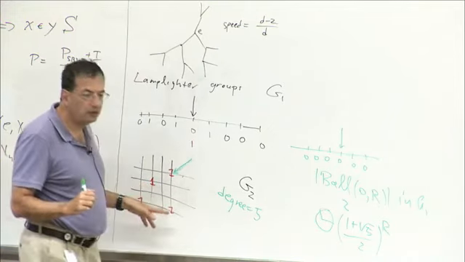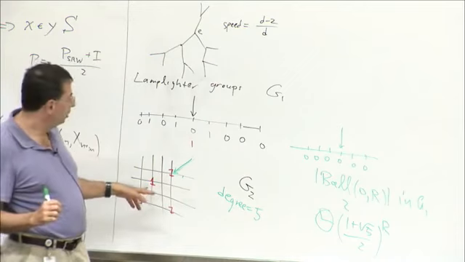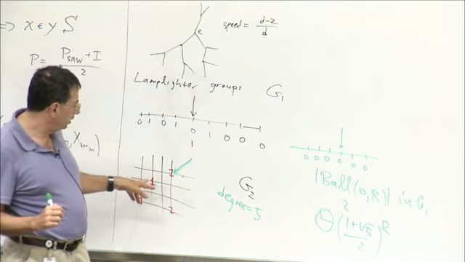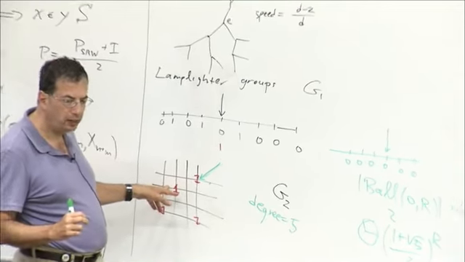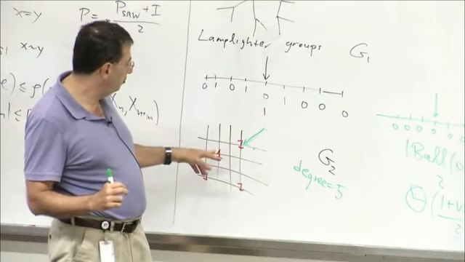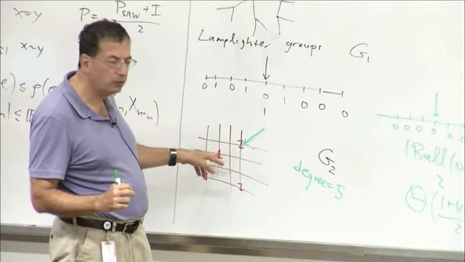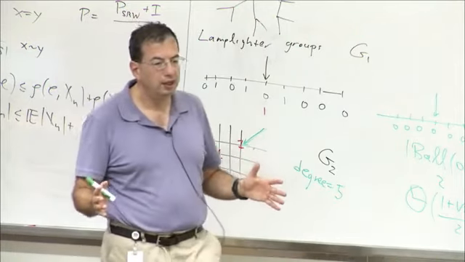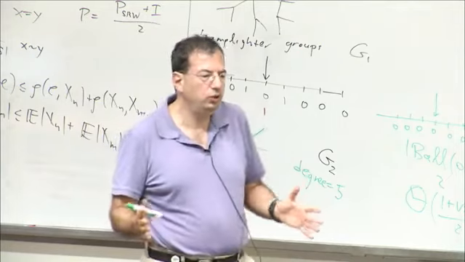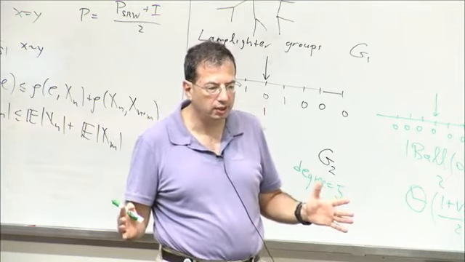In 2 dimensions, it's also true that the speed is 0. And basically, it's due to the recurrence of the simple random walk in the plane, in Z2. And that recurrence implies that if you look at the range of the simple random walk in Z2, so how many vertices the marker has visited, that's going to grow sublinearly. In fact, we know exactly it grows like n over log n.